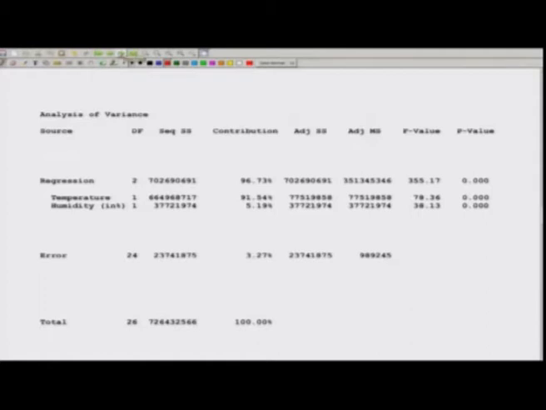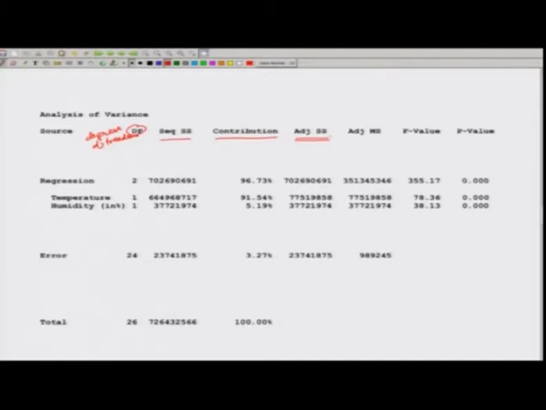Okay, so now let us concentrate on the other part, which is analysis of variance. Here degrees of freedom is denoted by df. The software is also computing another component, sequential sum of squares, and the contribution of sequential sum of squares, which we have not covered in our lecture, but I will try to explain its importance. What we have considered in our lecture is that we have obtained the sum of squares,